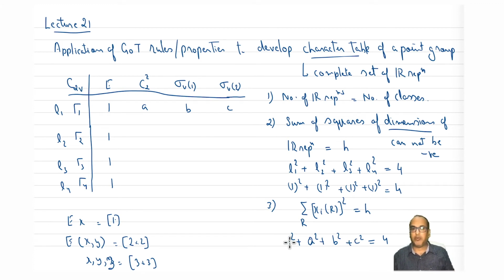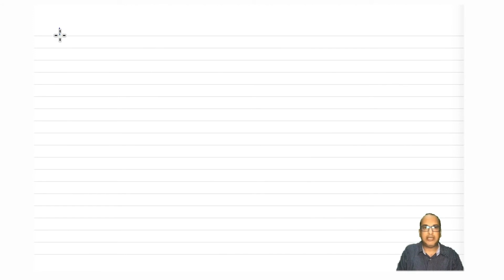So now A, B, C can be positive or negative. Okay, so 1 we already know. Now A, B, C can take all the positive values. All 3 can be positive, all 3 can be negative, and so on, right? Or 2 can be positive, or 1 can be positive. Let's see what the possible solutions are here. So let's consider the first solution as A equal to B equal to C equal to 1. That is a valid solution.